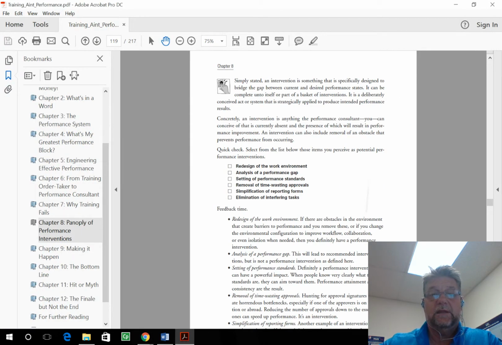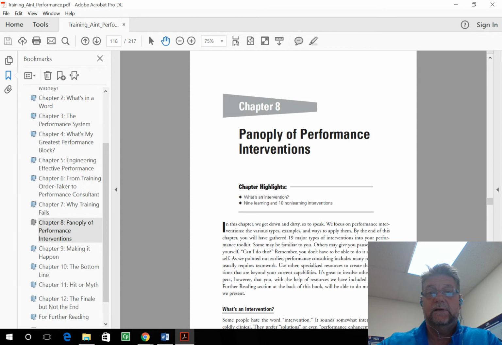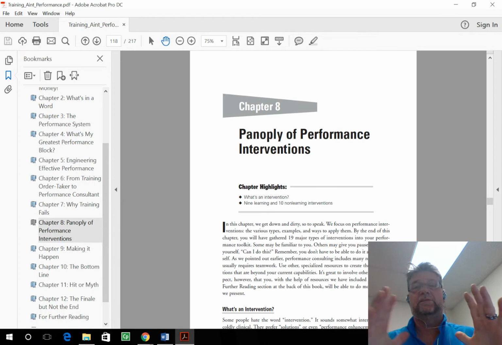Now, what we're looking at is performance interventions, and they mention in the book that a lot of people don't like the term interventions, but that's what is used, same way in performance psychology and everything else. Interventions is the primary term. If you work or are consulting somewhere and they don't like that term, simply make it a different term. But an intervention is anything that closes that gap.